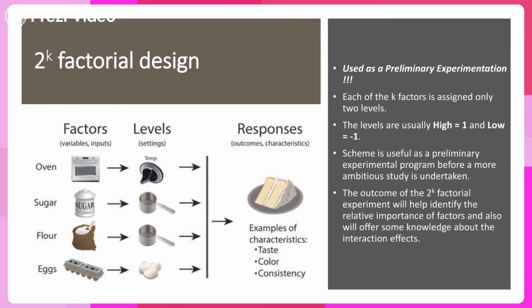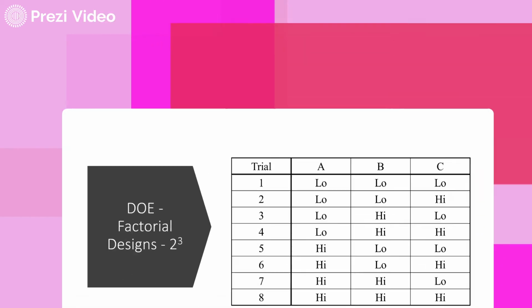So factorial designs actually help you in several ways. You can take variable factors at a time at different levels, and then you can record the responses, and then you can interpret the results. So you can see this 2 to the k factorial design where the levels are high or low, and you can design the experiments in that way. So the total number of experiments to be conducted can be easily determined.